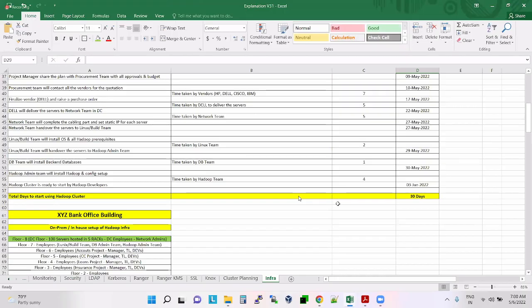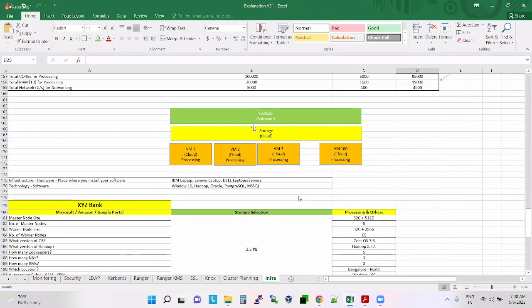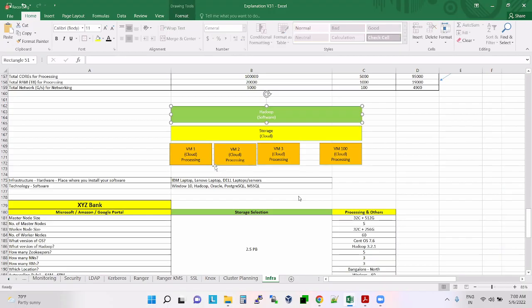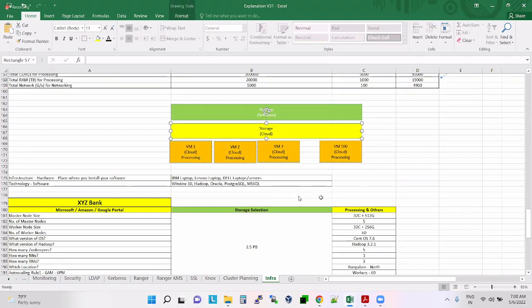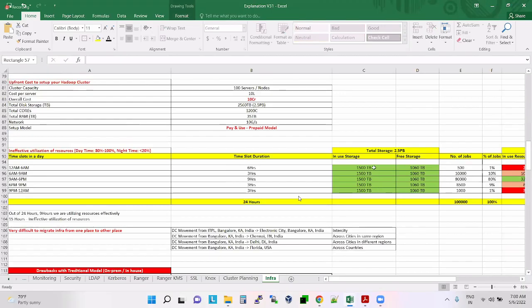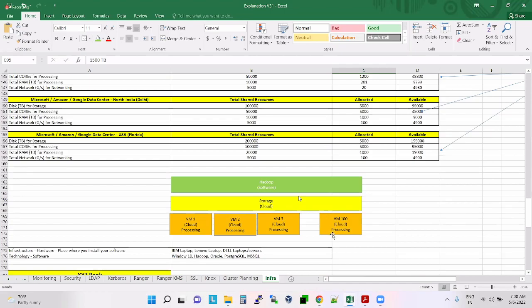But when it comes to the cloud, they separated storage and they separated processing. So you ask how much storage you want, and you ask how much processing capability you want. Your storage will always be the same. Even if you switch off your system or don't use your laptop, whatever you stored on your disk will count. Storage will always count, but processing does not always count. So they charge separately for storage and separately for processing.